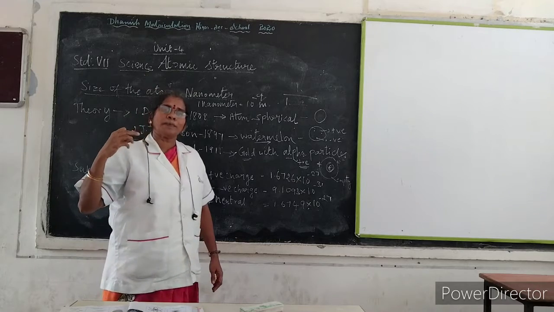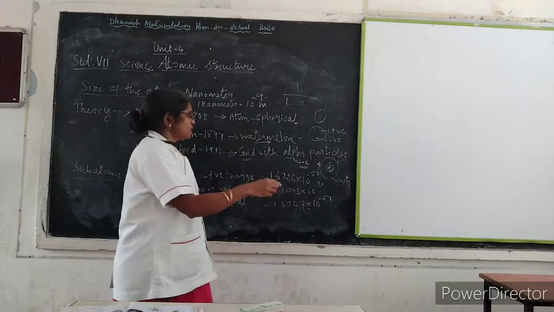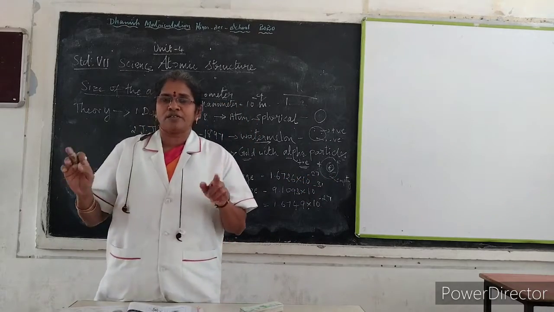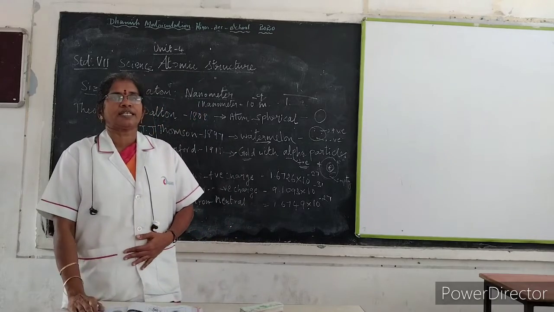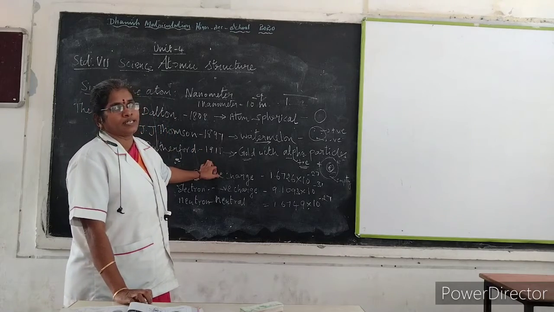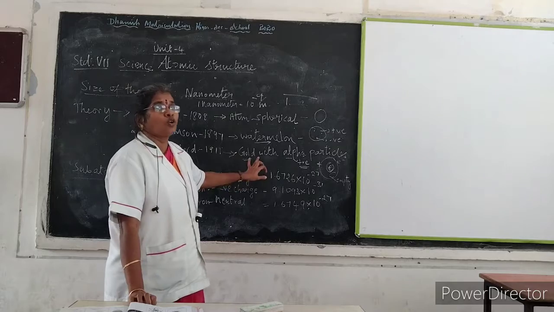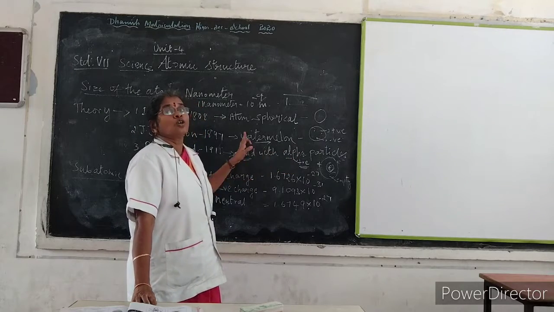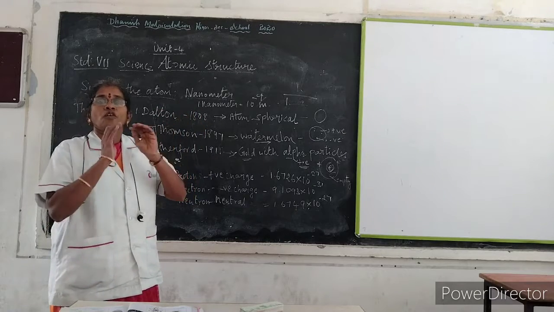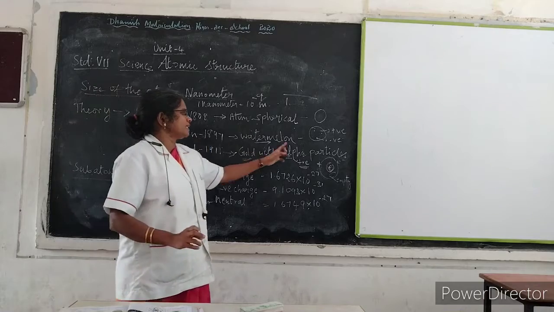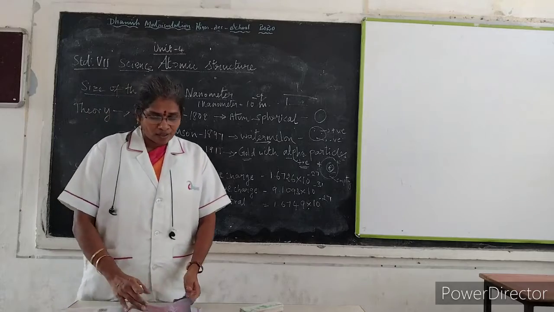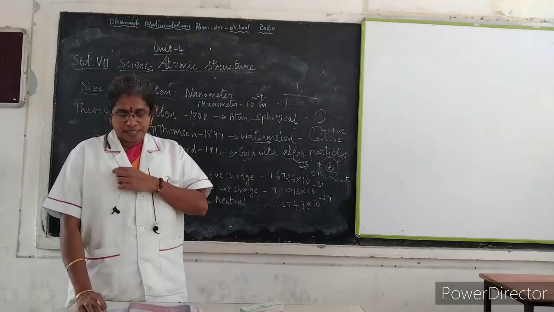Yes, and some of the alpha particles went through it. He told that as the empty space. Everything is given in your book with the explanation and the diagram. If you see the diagram, you will understand better. So Rutherford explained his theory in the year 1911 by bombarding alpha particles on a gold sheet. He concluded that positive charges are focused at the center of an atom, and the negative charge electron is moving around the nucleus.